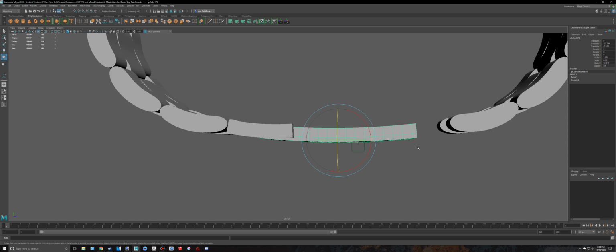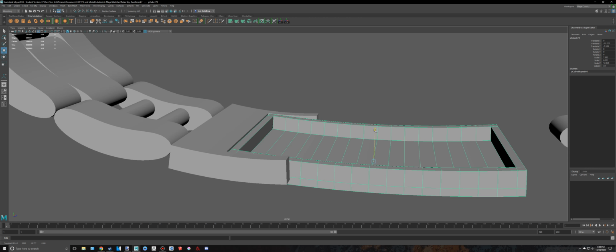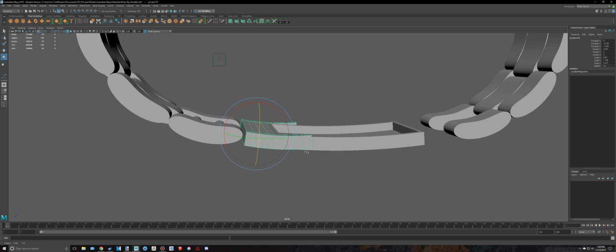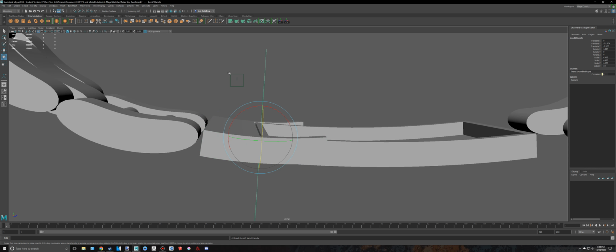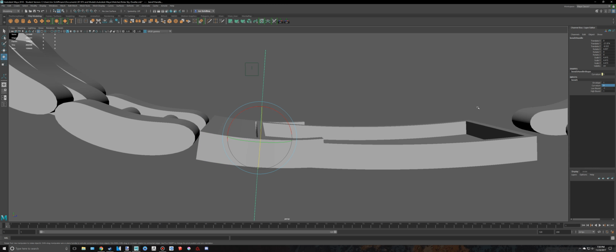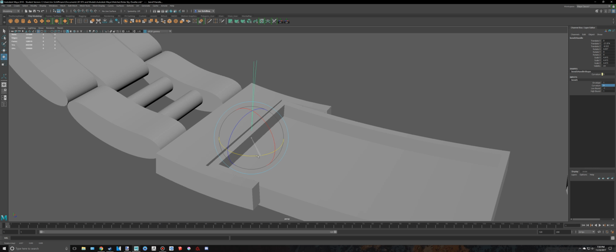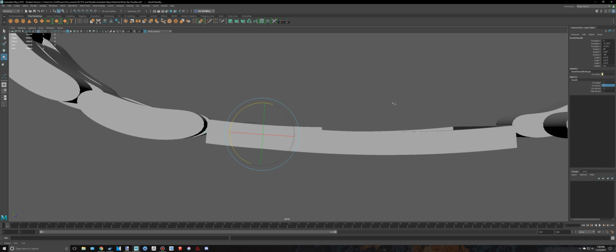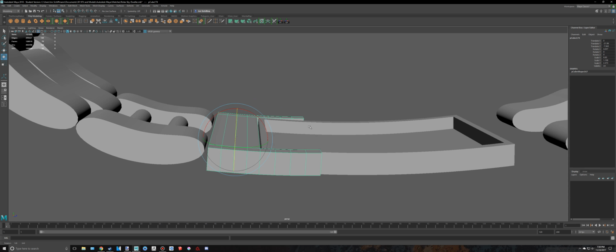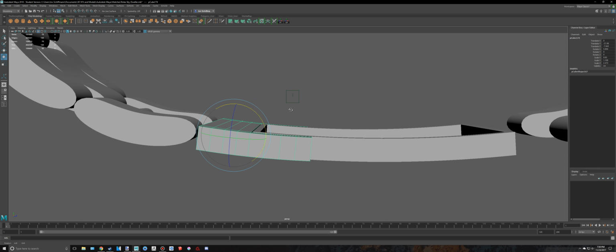So I'm selected again, Alt Shift D. Just remember that no one's even gonna see this piece anyway, so you don't need to add this much detail. I'm gonna do the same thing to this because this one's also a bit too much bent. So I'm gonna do 5, and then rotate this about to there, maybe like 7, something like that, and then select it, Alt Shift D, delete the history to make the bend thing go away,